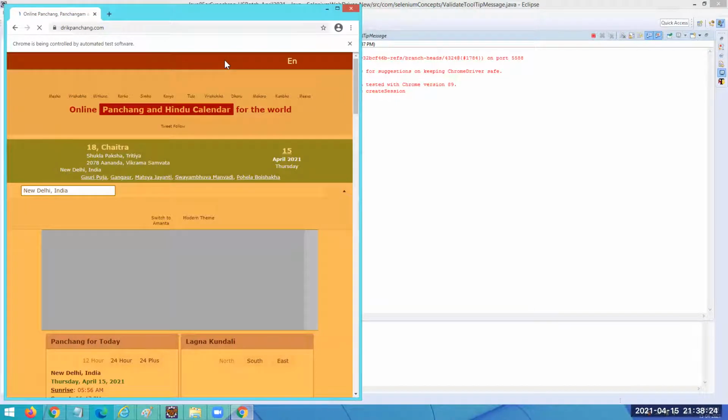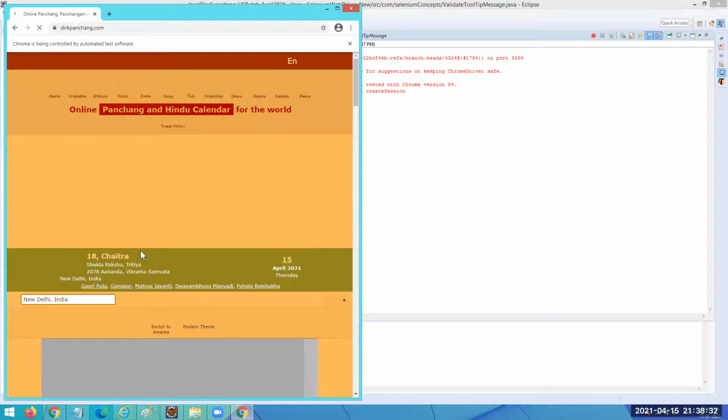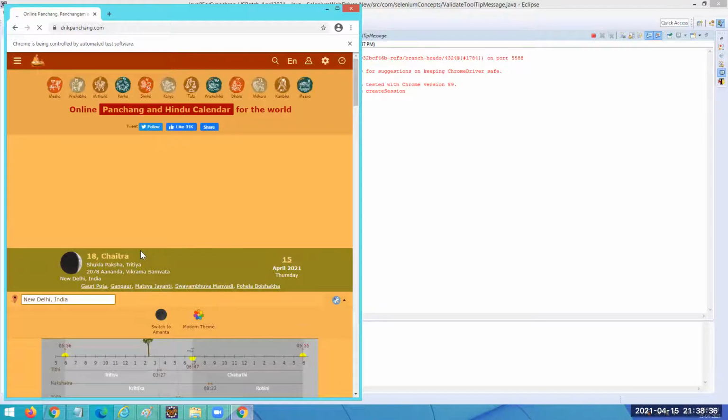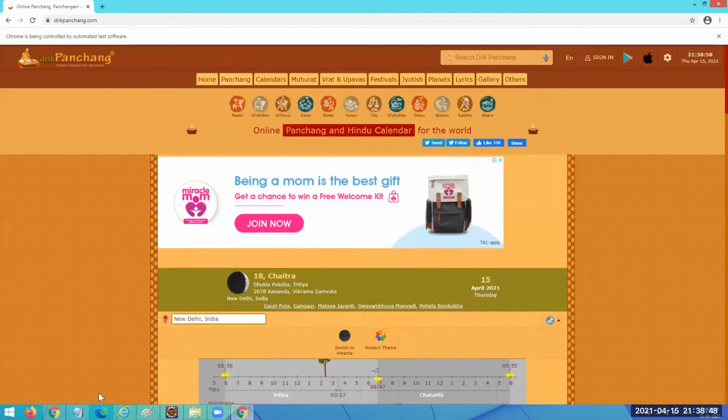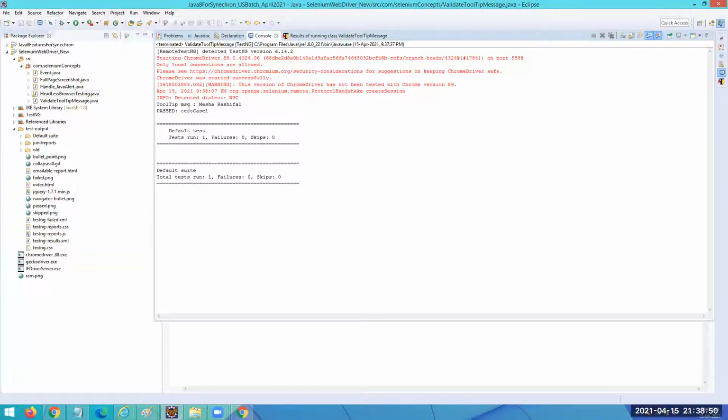It's still loading the elements; it has more images, so it's going to take a little extra time. Maximized. And now you can see it has given the tooltip message, Mesha Rashipal.